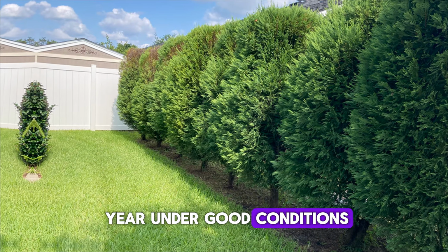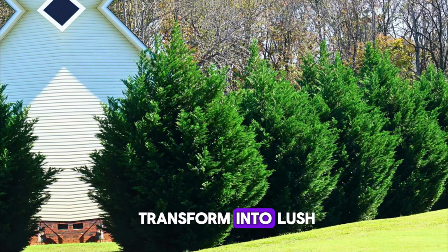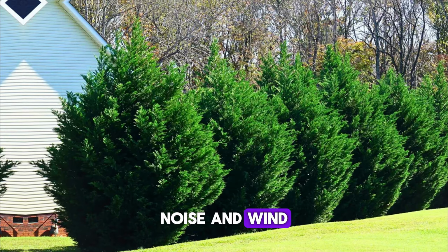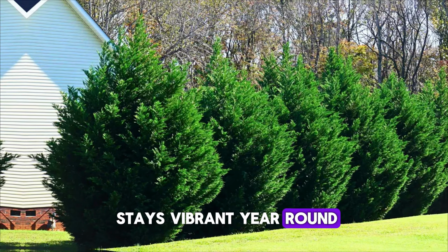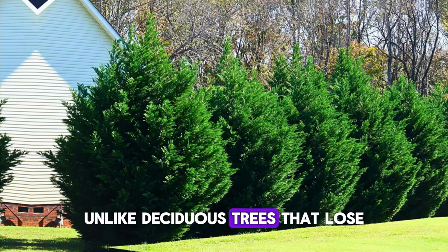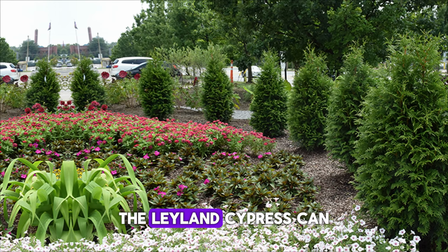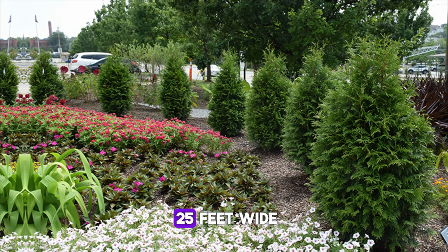In just a few years, bare yards can transform into lush green walls that block unwanted views, noise, and wind. Its soft, feathery foliage stays vibrant year-round, unlike deciduous trees that lose their leaves, ensuring constant privacy and beauty. The Leyland cypress can grow 50 to 60 feet tall and spread 15 to 25 feet wide, but